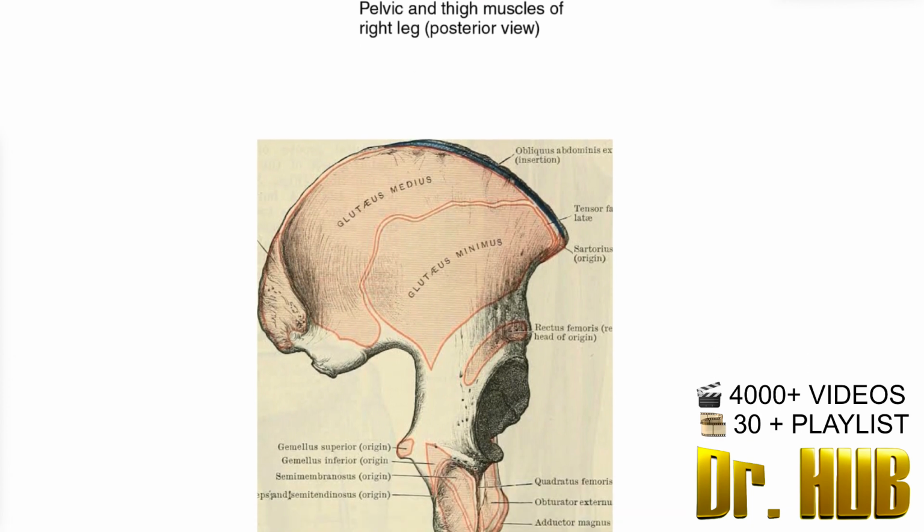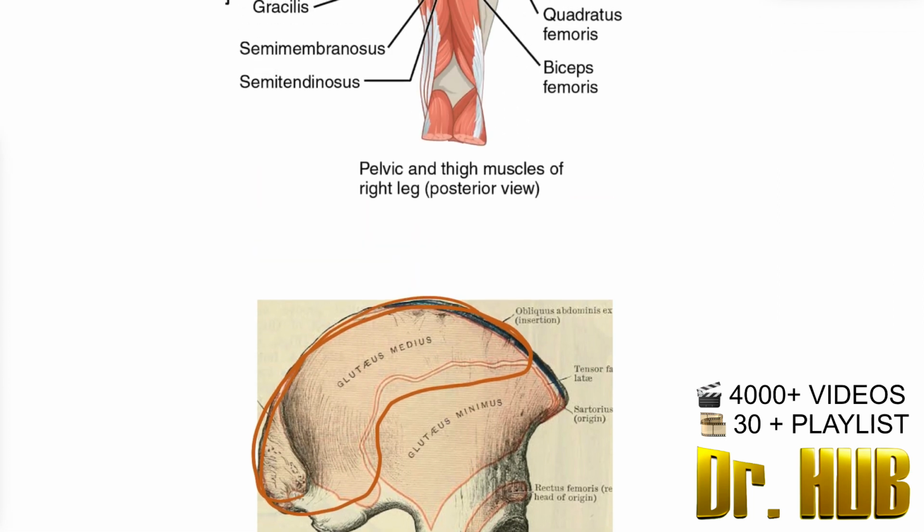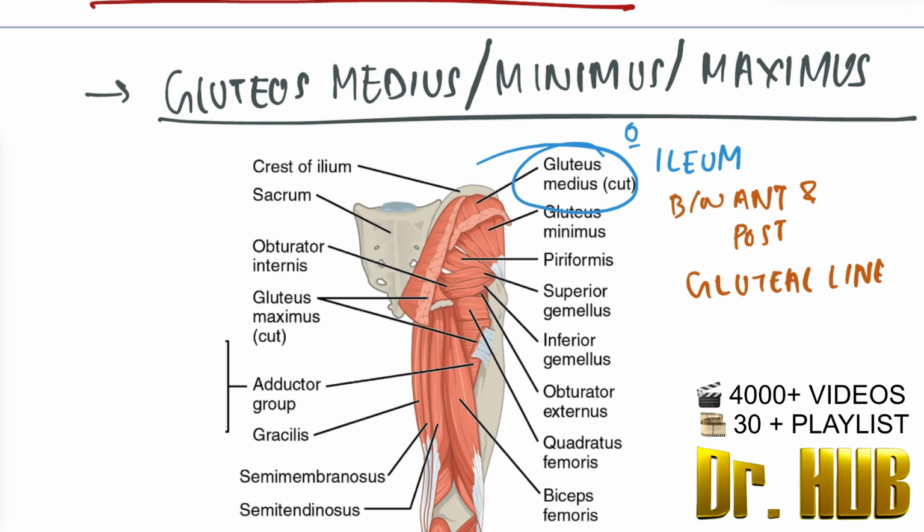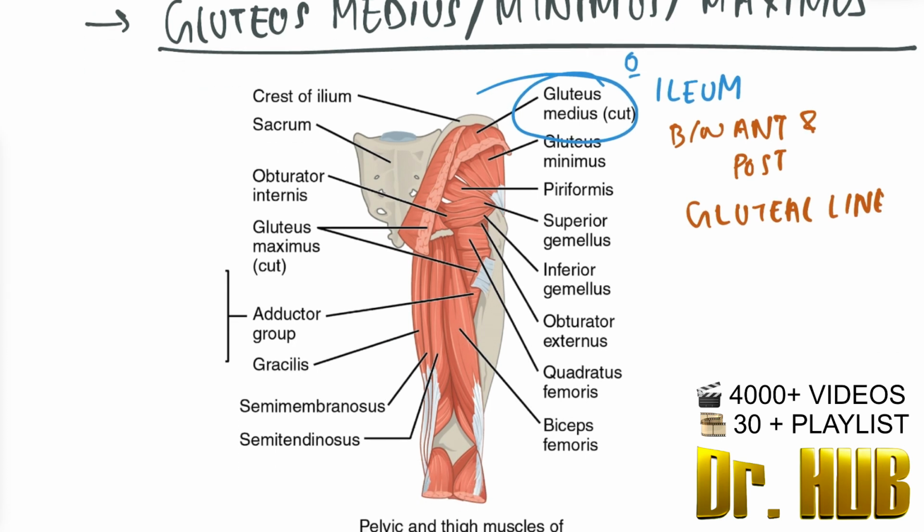So let's look at the origin. The origin is from the ilium. This is the gluteus medius: the outer surface of the ilium between the anterior and the posterior gluteal line. Now let's see where it is inserted. The insertion of the gluteus medius is